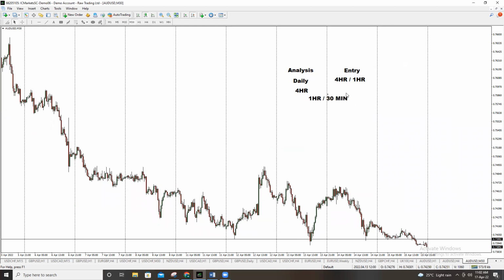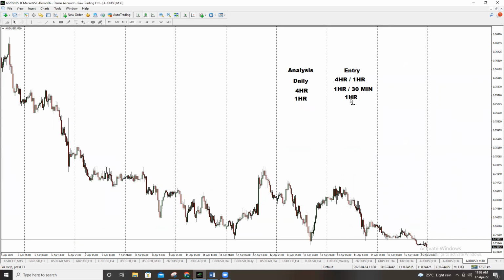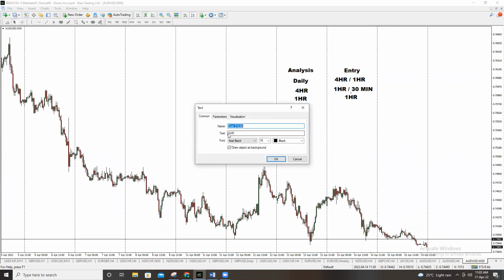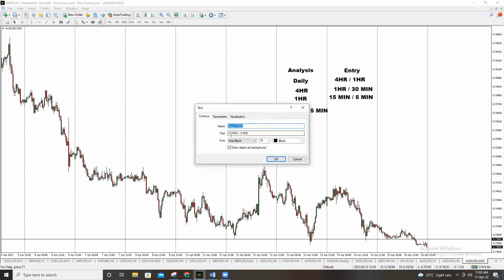If you're going to use the 1 hour for analysis, then you can use the 15 minutes or the 5-minute for entry. Then if you're going to use the 30 minutes, which is actually the lowest I would recommend,